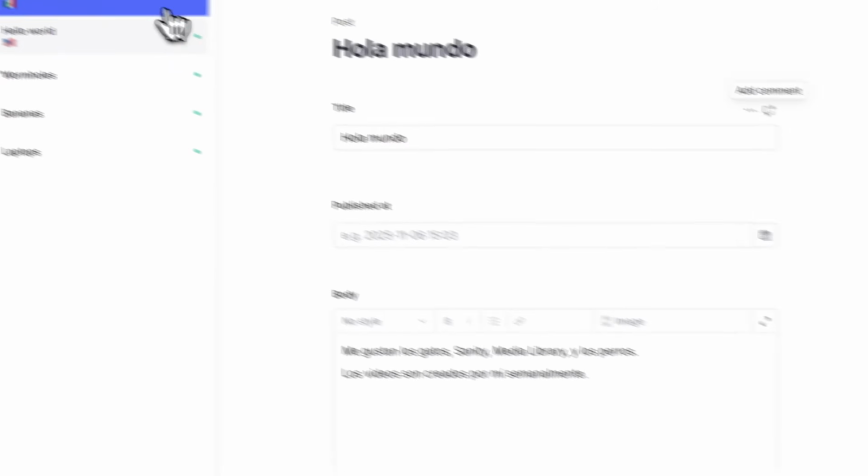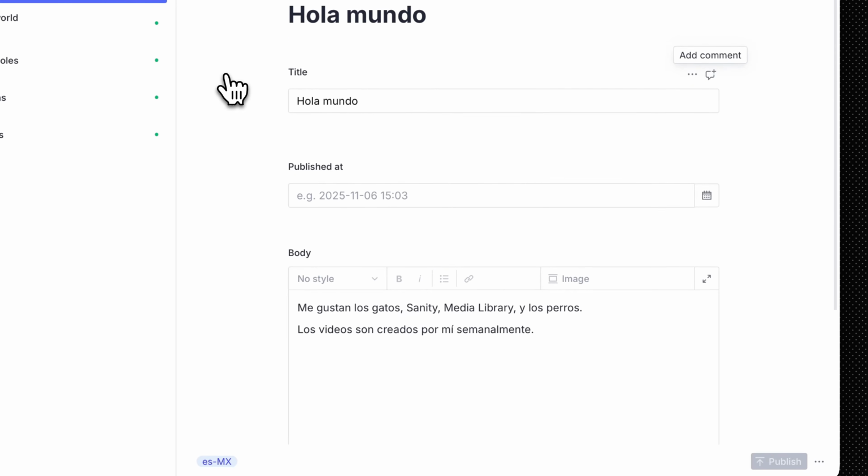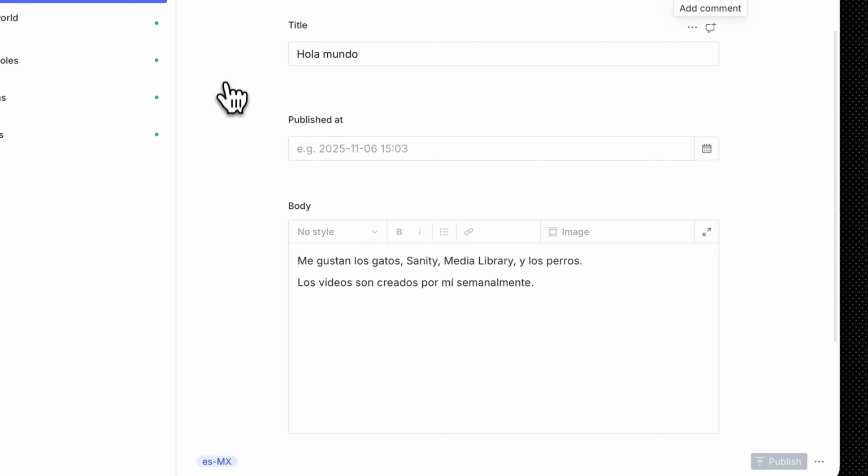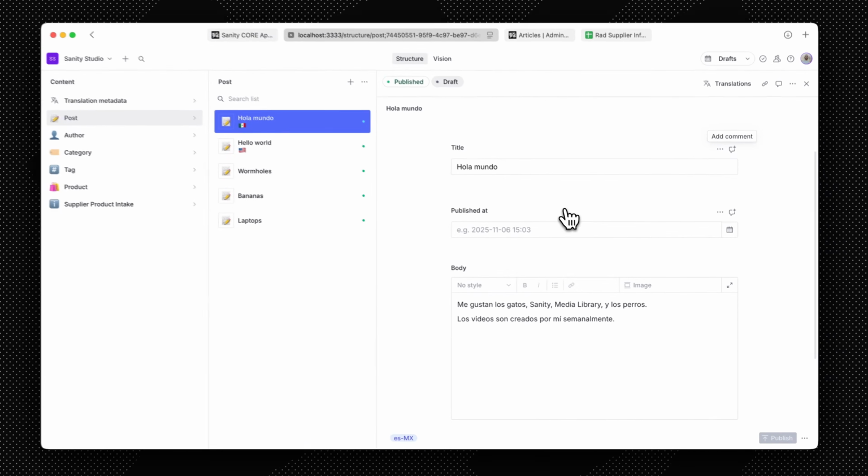It knows I authored this post. It was in English. And now we have a Spanish version. And I'll note too that I have specifically instructed it to not translate some of my product names like media library. We're going to revisit this example later, but for right now, I want to switch to a more robust